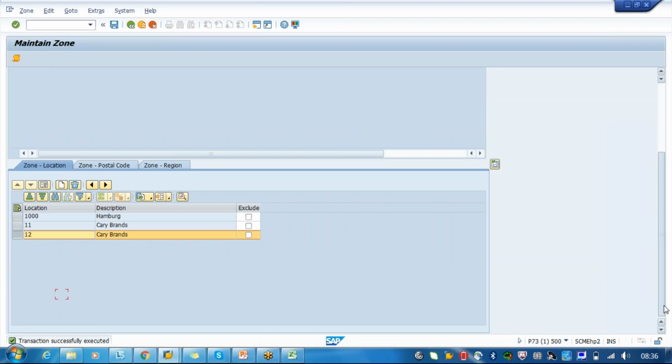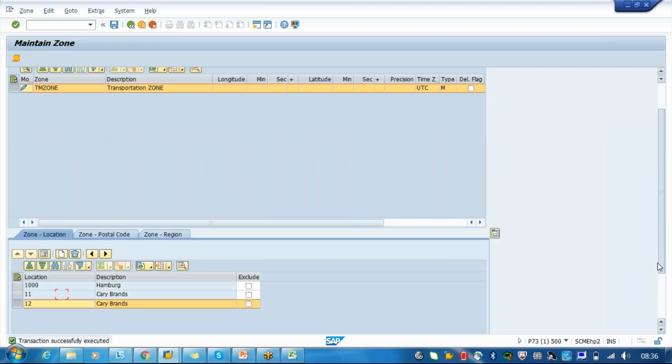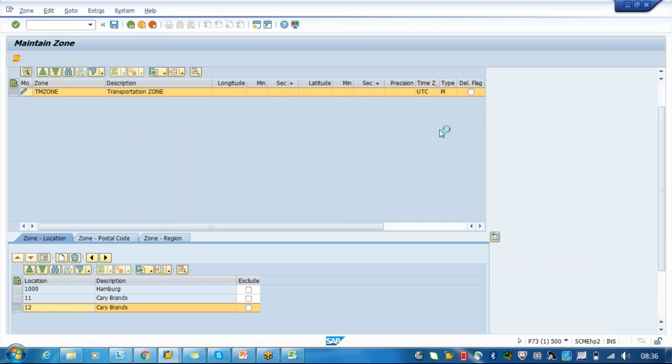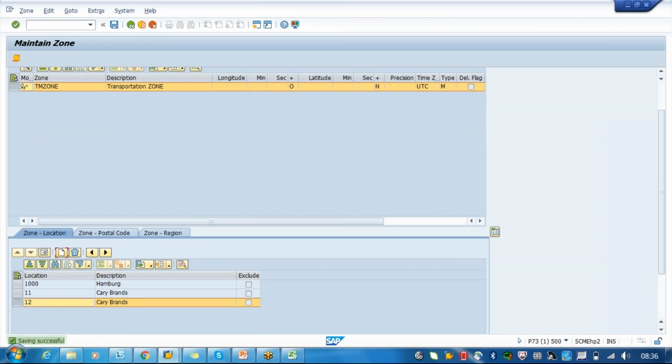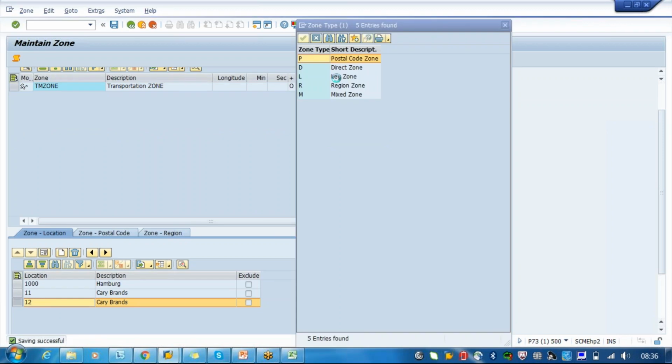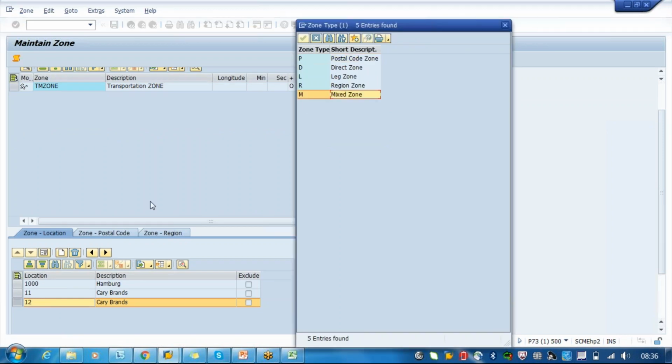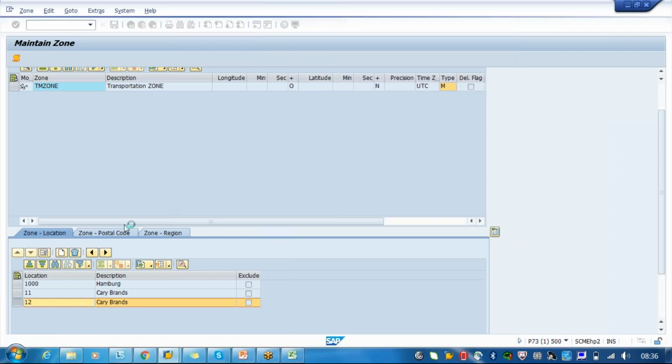So when you enter only locations here and save this, the system will automatically convert the type to, you can say, location zone. When you have a mixed list, for example, locations defined with postal code, locations, and zone regions, then it will be a mixed zone. Otherwise it will be whatever you created.